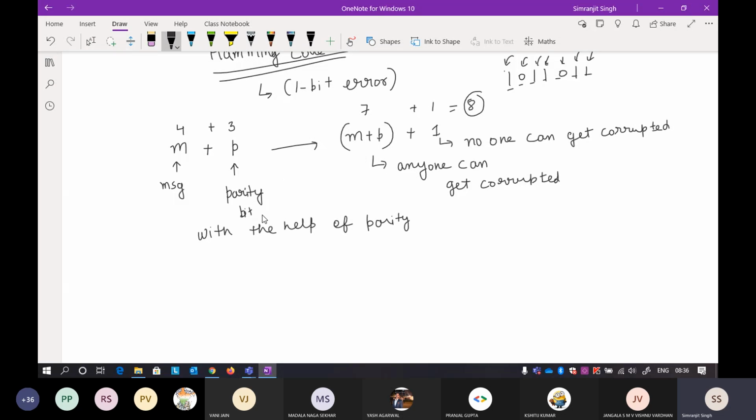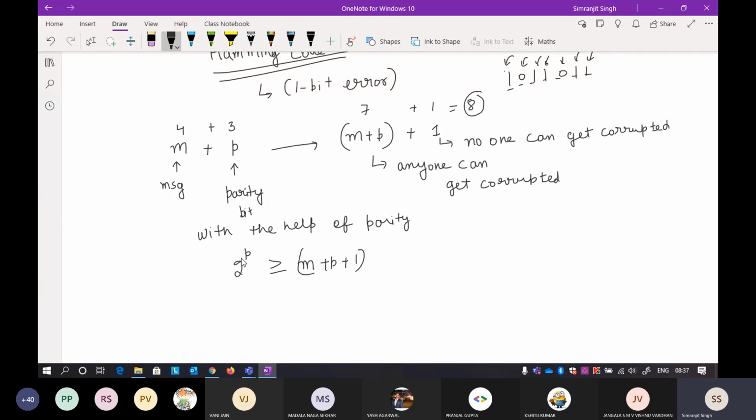So this parity bit is set in such a way that the maximum number of possibilities you can get with p is 2 raised to power p. So this 2 raised to power p should be greater than or equal to all the cases. So it will be minimum m plus p plus 1, but it can be more than that.